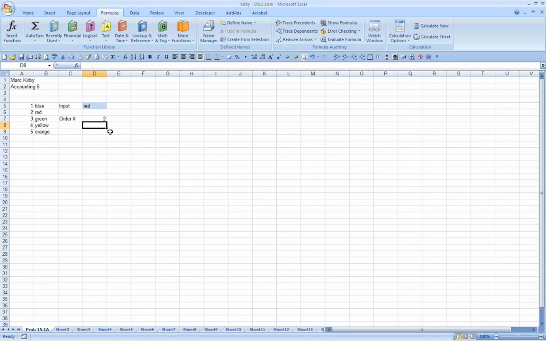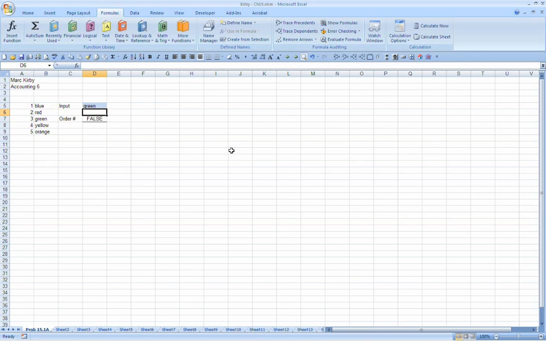It fixed my error. So right now in my formula, it's longer. I've got one IF, test, if true do this. Second IF, test, if true do that. Otherwise false. Okay? Given that, I can put in blue and get a 1. I can put in red, get a 2. If I put in